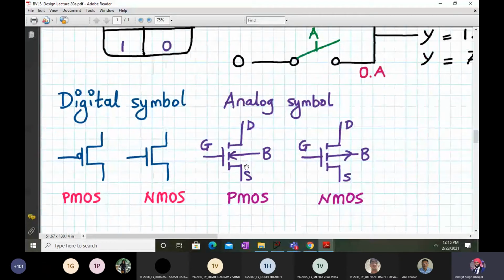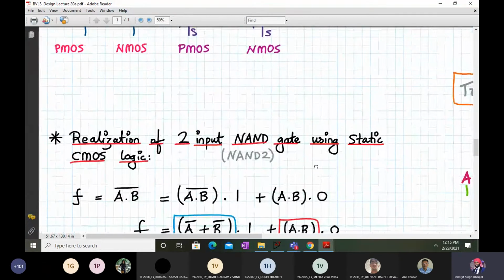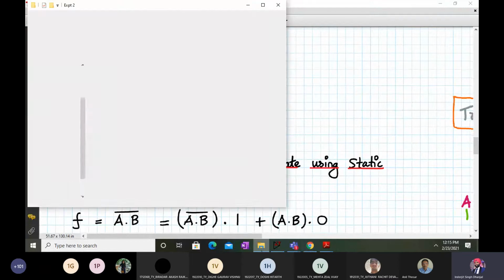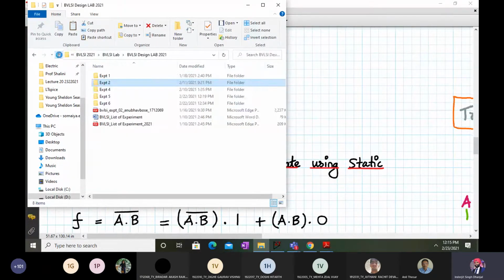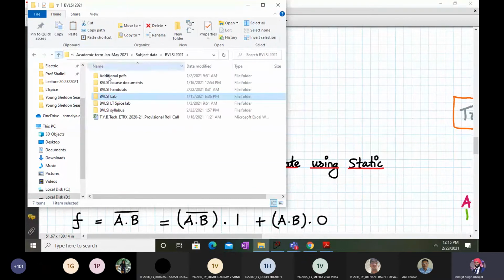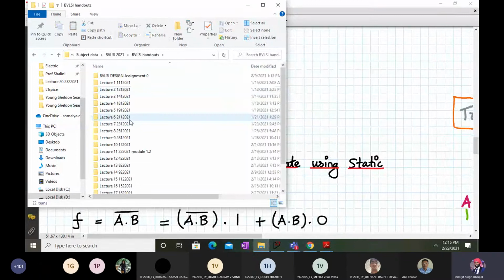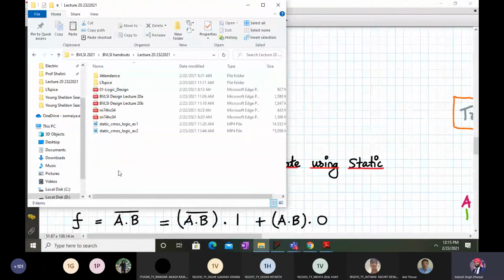Okay, so let me start with the first design. Realize a 2-input AND gate. Now I'm going to show you a video. Let's take 5 minutes, and you do this design in the book, please, all of you. So let me open the video.